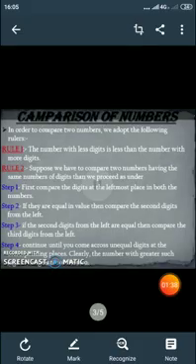It means, for numbers having the same number of digits, first we have to see which number has the bigger digit at the leftmost place. If they are equal in value, then compare the second digit. Then again follow steps 3 and 4.